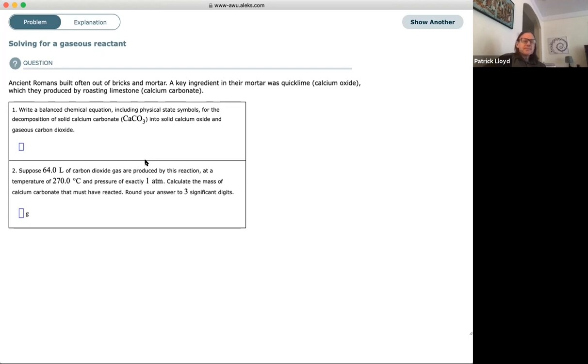That's your first step. Step 2, suppose that 64.0 liters of carbon dioxide gas are produced by the reaction at a temperature of 270.0 degrees C and a pressure of exactly 1 atm. Again, that exactly 1 atm is saying don't consider the pressure in terms of your significant digits calculation. Calculate the mass of calcium carbonate that will have reacted, and then round your answer to 3 significant digits. The volume is 3, so that kind of makes sense. Okay. So we're going to use the ideal gas law, and we're going to use the balanced equation to interconvert